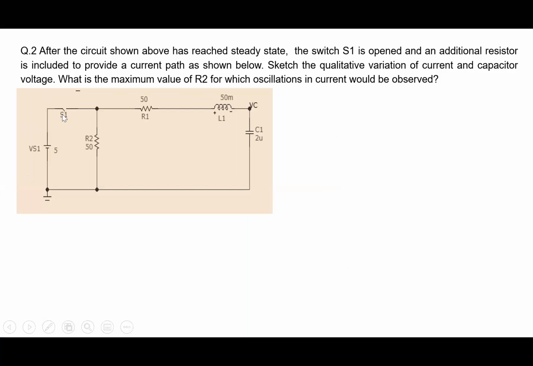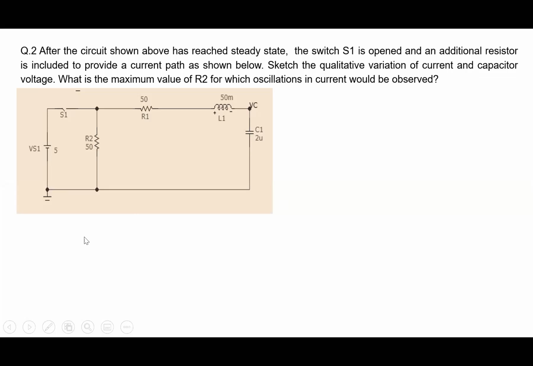The second one is the switch is opened and another resistor is provided a path, and what you're asked to sketch is the qualitative variation of current and capacitance voltage here. So whenever you are asked for a qualitative sketch, the first thing you should do is calculate the Q factor. And if the Q in this case is greater than 0.5, then there would be an oscillatory behavior, otherwise monotonically